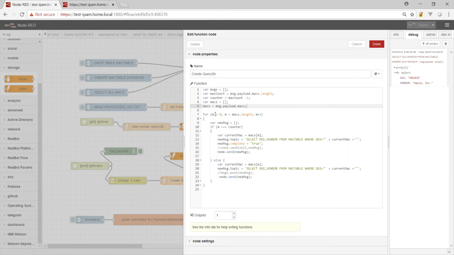So now I'm going to create a variable called m, and create a loop that's going to walk through the max length. So as an example, if I have 10 MAC addresses and I start with 0, I'm going to go 10 in length, which means I'm going to end at 9. So this is going to stop at 9, but 9 is the last one we have in the message, right? So in this for loop, what we're going to do is construct